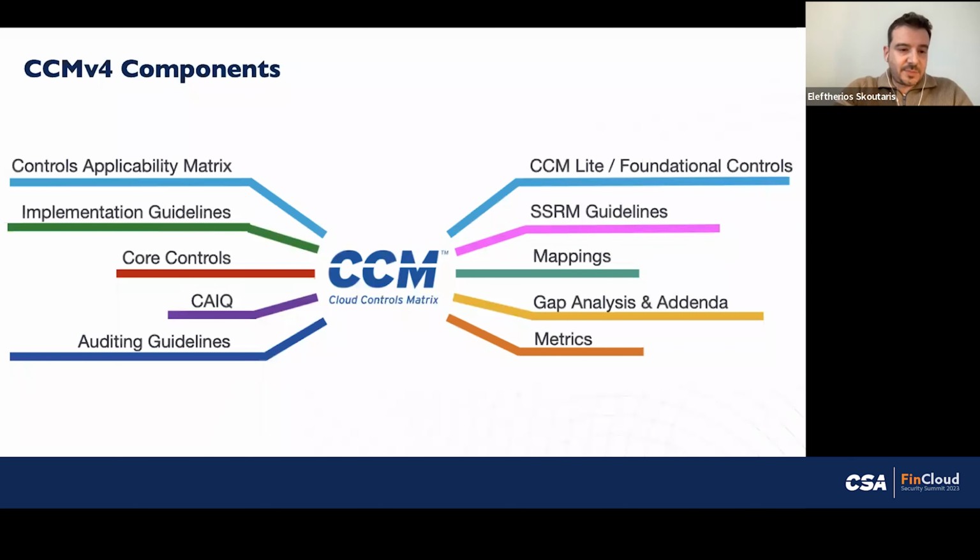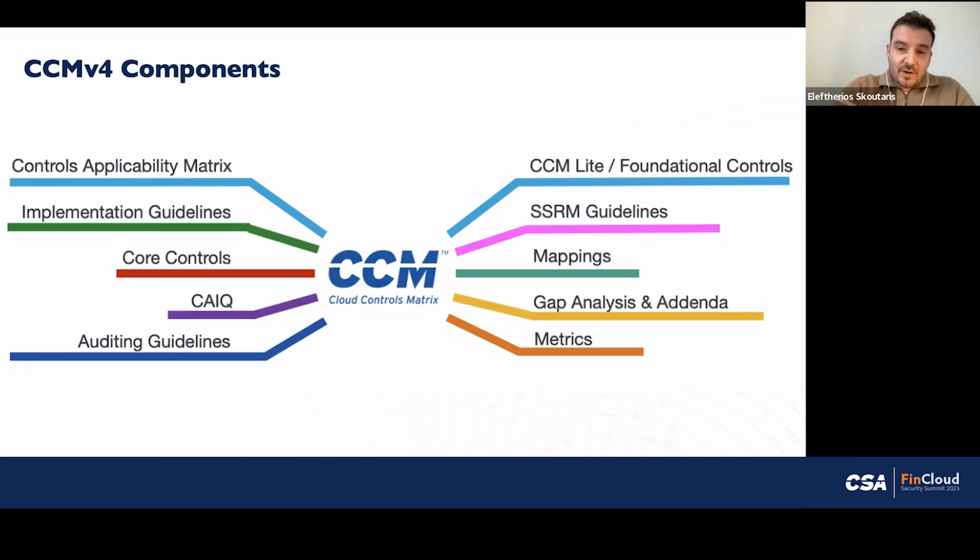The Consensus Assessment Initiative Questionnaire, or CAIQ V4, which is a very useful tool that cloud customers can include into their services procurement plans, so that they can gather accurate information about the security practices of the CSPs and the cloud services that are considered, right?